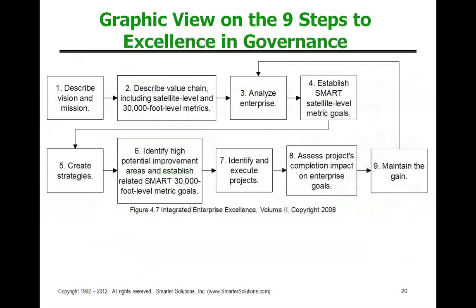Now, how does this fit with this overall software? Well, what I'm suggesting is we want to take this form of metric reporting and actually put it together as part of the business system. So what we've really been focusing on is the measurements that are described in step number 2. I mentioned 30,000 foot level reporting represents operational metrics, and satellite level represents financial metrics. We have profit margins and metrics such as those. So that's the difference between satellite and 30,000 foot level metrics.